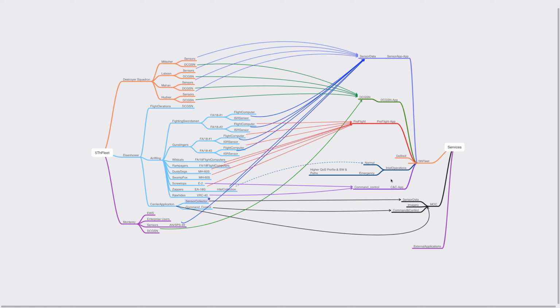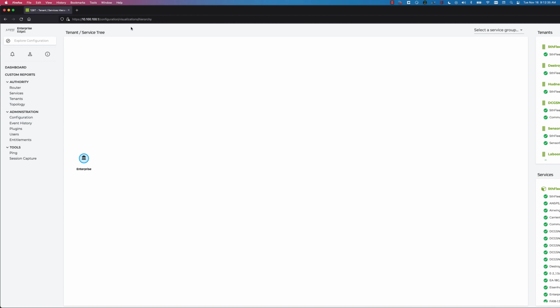And then we actually instantiate this not just in comments, but actually in the routing table itself. So let's take a quick look at that. Let's take a look at how the tenant service structure creates access and how we can visualize that. Here we have our enterprise, which is essentially the authority under which all of the routers and all the configuration